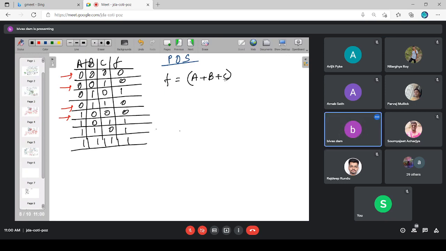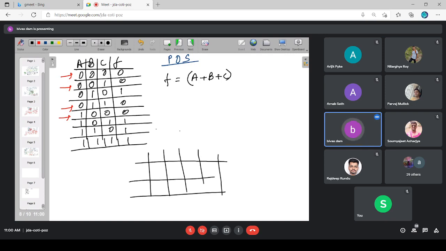Once again, if I try to map this truth table onto the Karnaugh map, how many input variables should be there in the Karnaugh map? Once again, 3: A, B, C. Now, due to the sum term, tell me how many cells in the Karnaugh map will get occupied by logic 1? I repeat, due to this sum term, how many cells in the Karnaugh map will get occupied by logic 1 value?